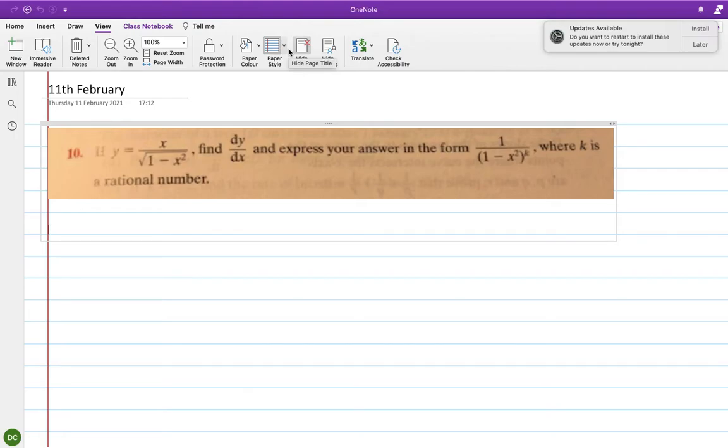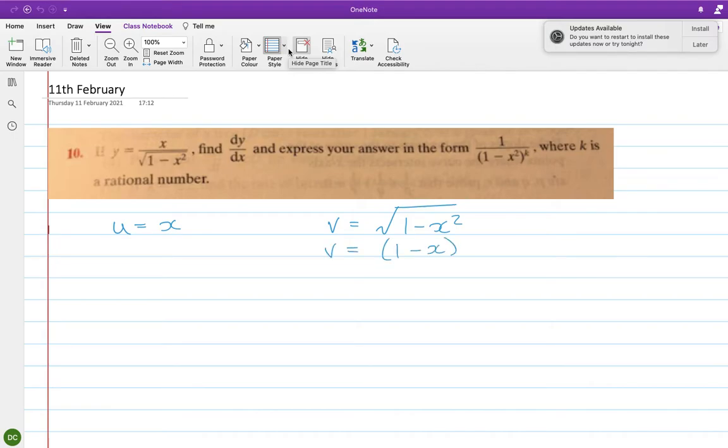So it is a quotient. u is x and v is the square root of 1 minus x squared, which will turn into 1 minus x squared to the power of a half. And du/dx then is going to be 1, and dv/dx, so this is going to